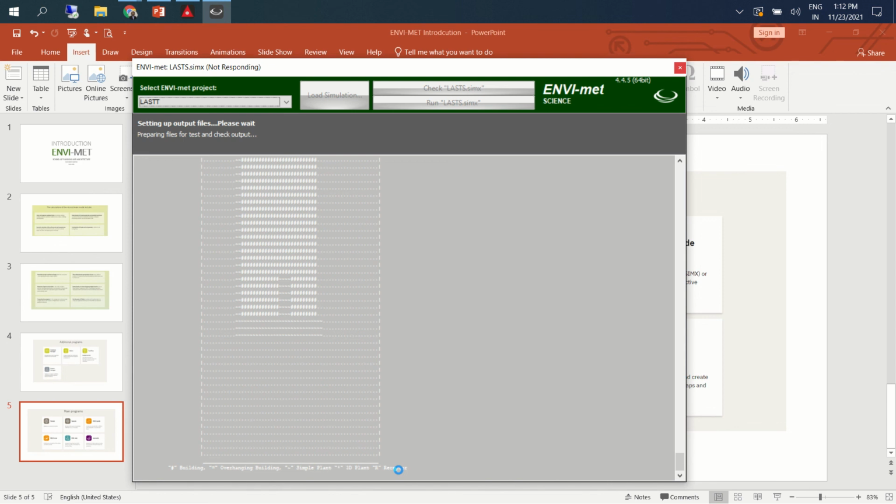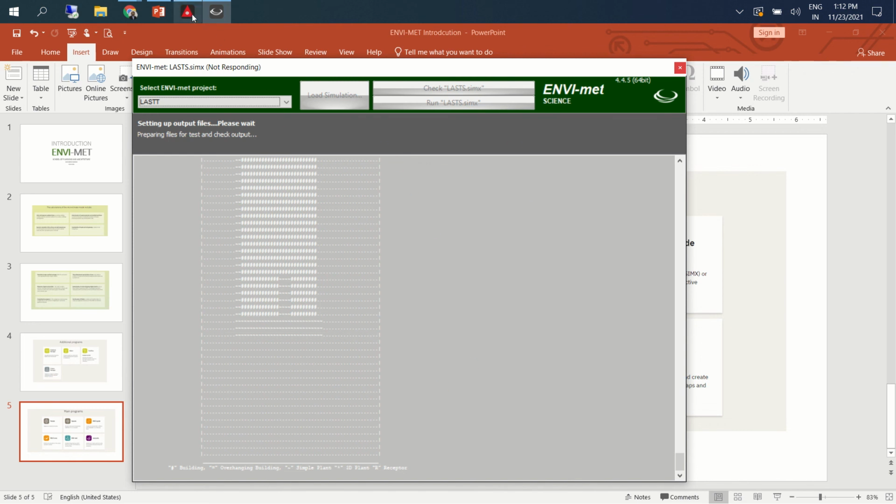I'm sure in your papers also you must have seen a table where ENVI-met input data is described. That's essential, and it will be there at the end of the results. You will get one paragraph, 4-5 lines, describing all the characteristics used in the building. So keep a copy of that.